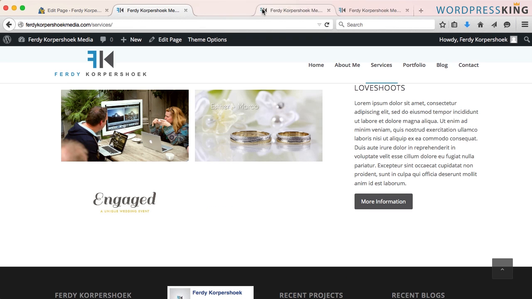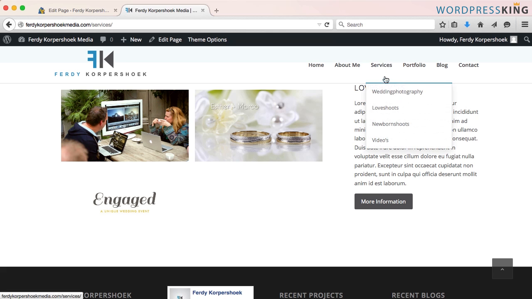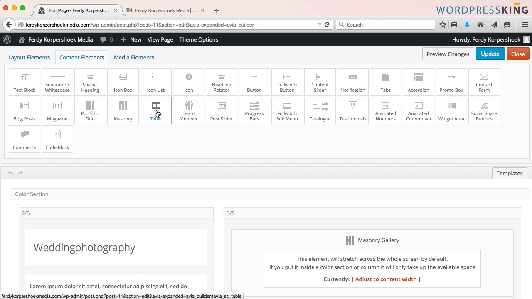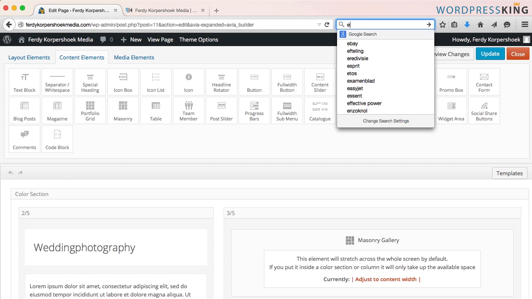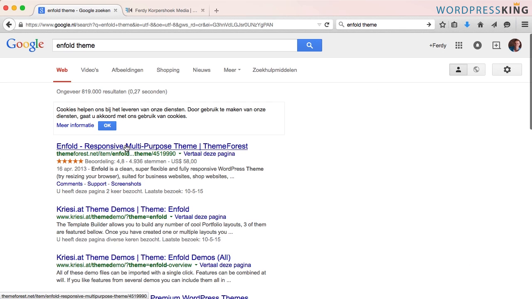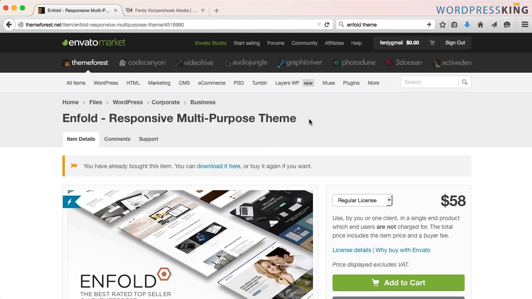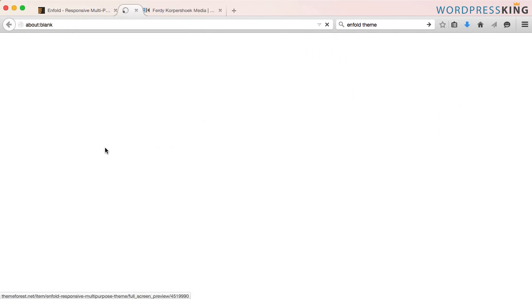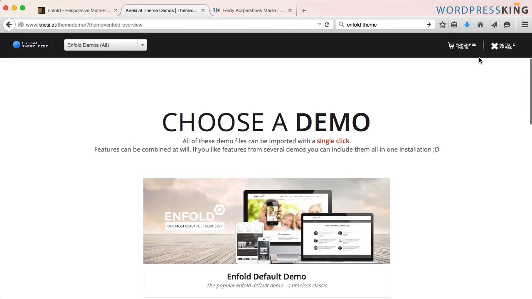So if you want to, you can change all those pages. There are a lot of options, as you see over here. Tables, team members, post sliders. What you can do, you can go to Enfold Theme, click on it, go to a live preview,